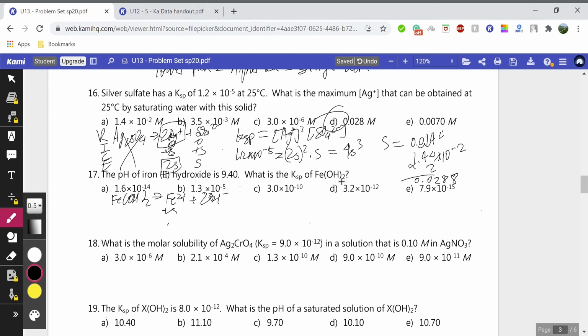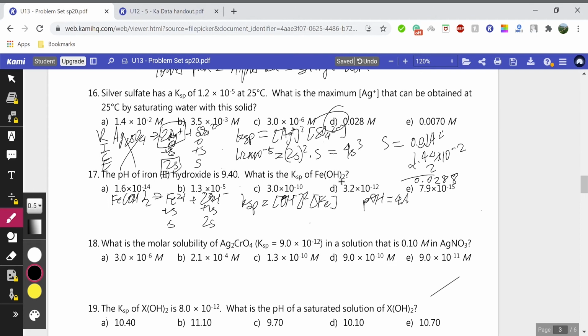This will be plus s, s, plus 2s, 2s. Now Ksp is equal to the concentration of OH minus squared times the concentration of Fe. So let's use pOH over here. pOH is equal to 14 minus 9.4,